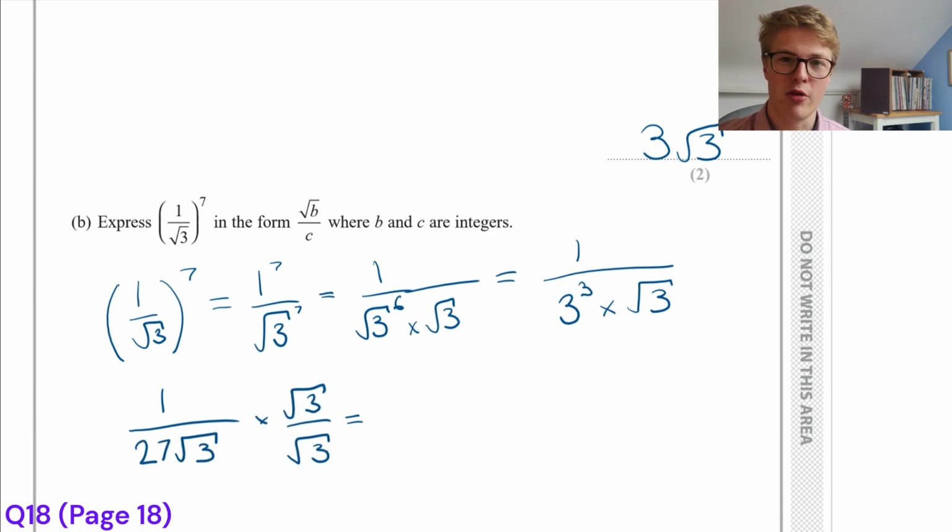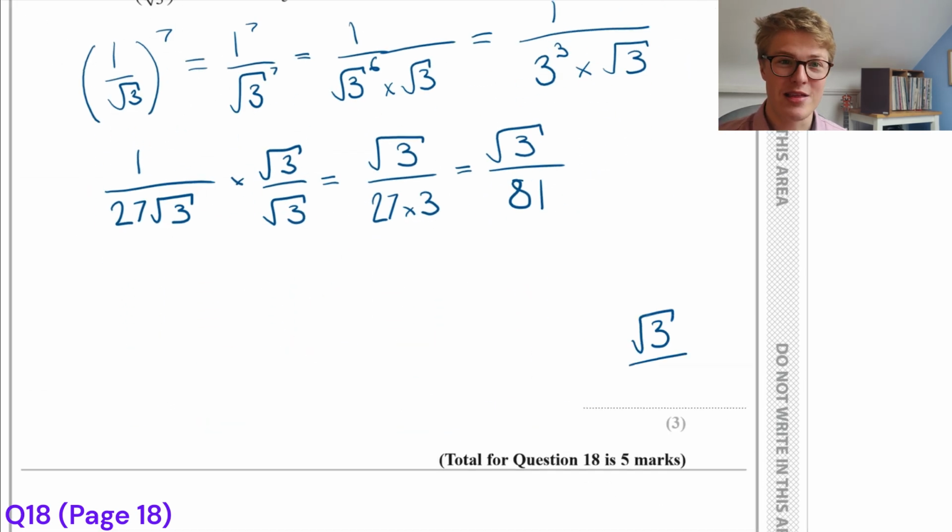To get rid of the root 3 on the denominator, we multiply by root 3 over root 3, which gives us root 3 over 27 times 3, which is the same as root 3 over 81, and that is our